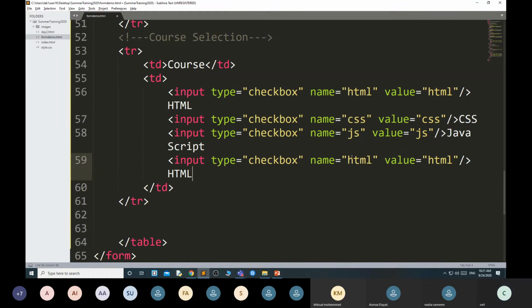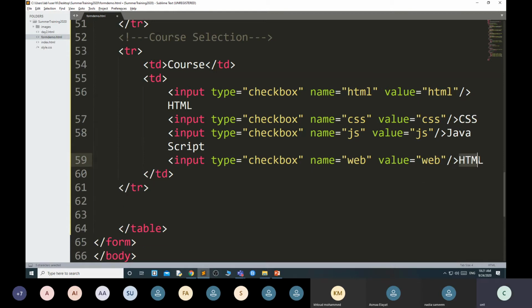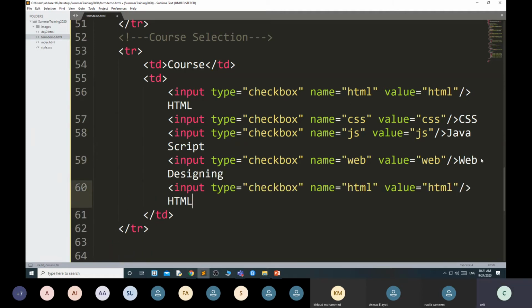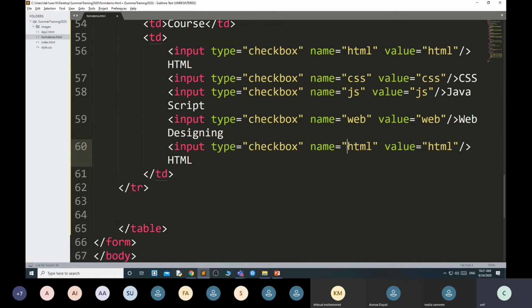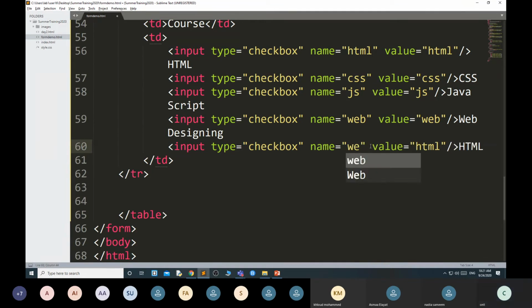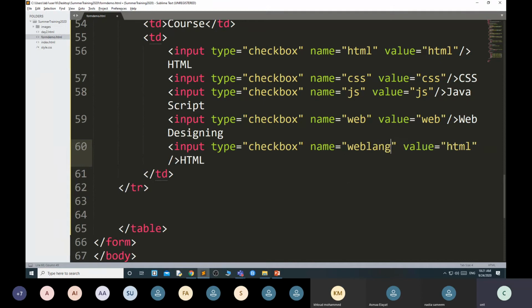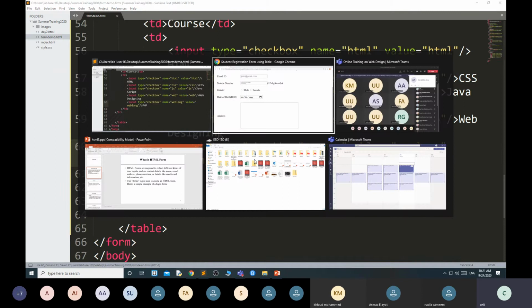Then name web, value web, and this is web designing. Then suppose this is weblang, and this is suppose PHP. Like this.